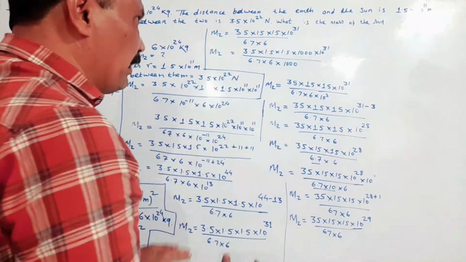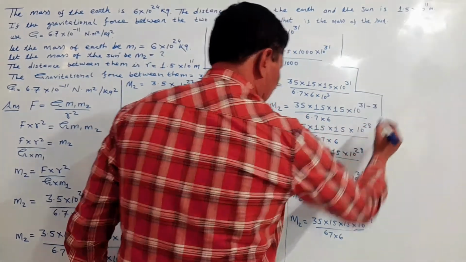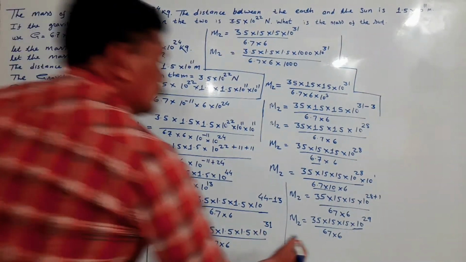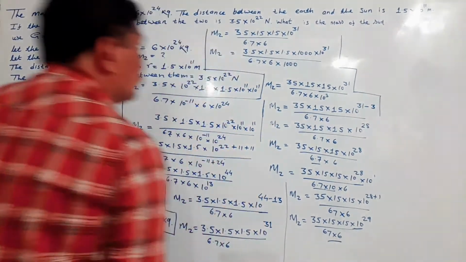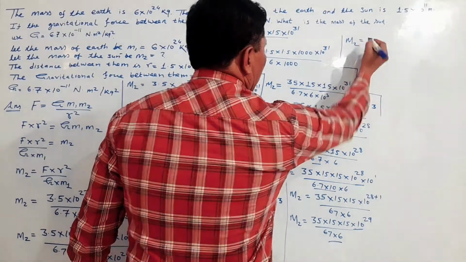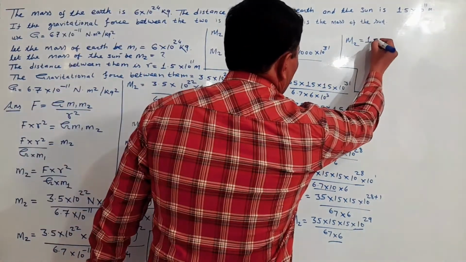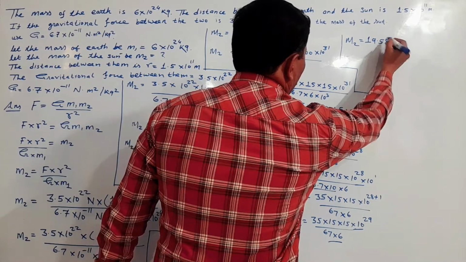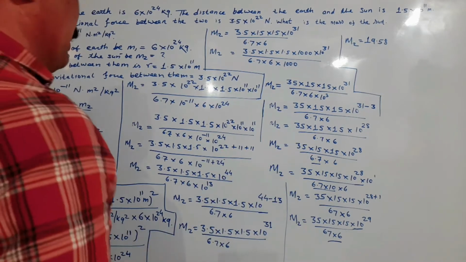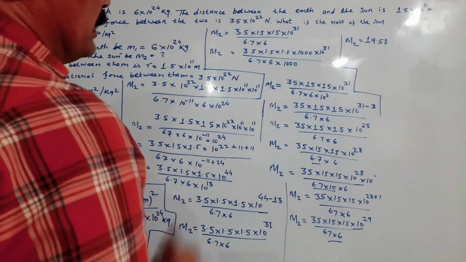So when you simplify it, my dear student, you will get 35 into 15 into 15 upon 67 into 6. You will get an answer, that is M2 is equal to 19.58. My dear student, I am directly writing the answer because the step is simplified, and now you have to only do the multiplication and division and you will get the answer